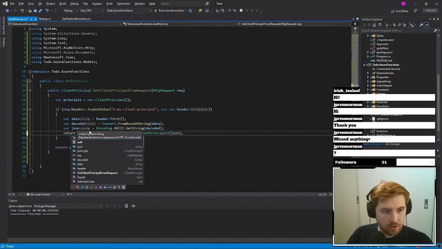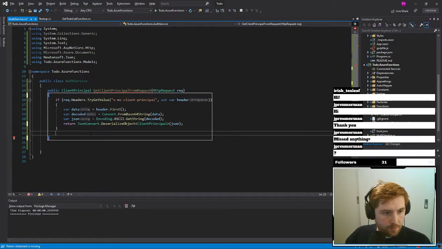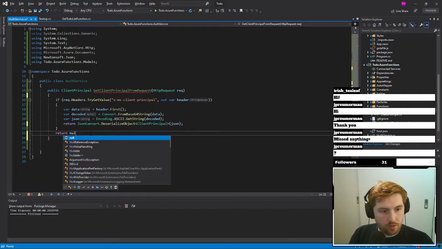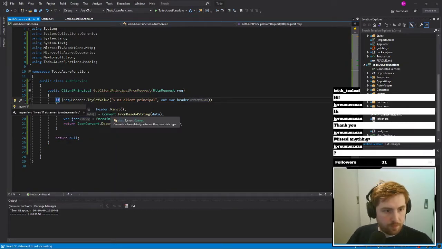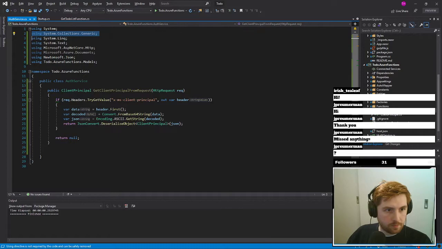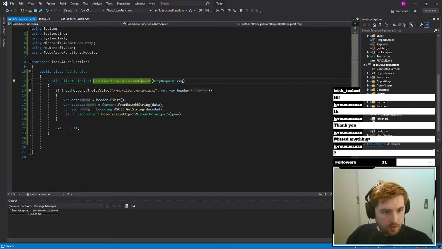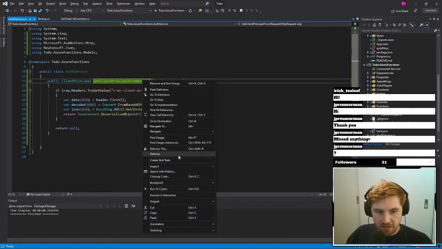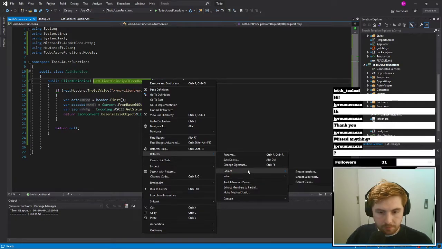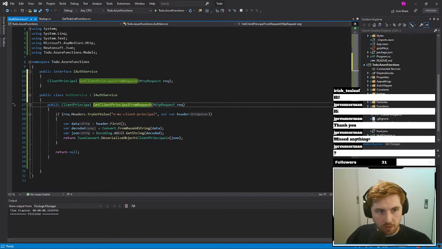Let's do it like this. Return. Return null. No, I don't want to invert it. So let's remove the unused usings. And let's make this an interface. For now, this is fine, but